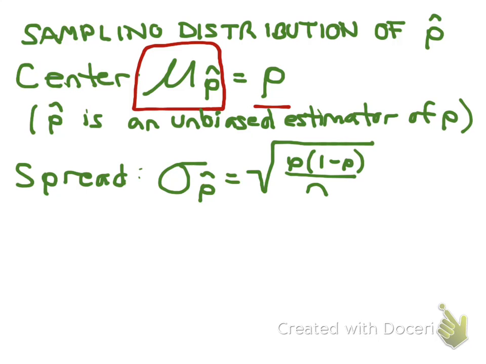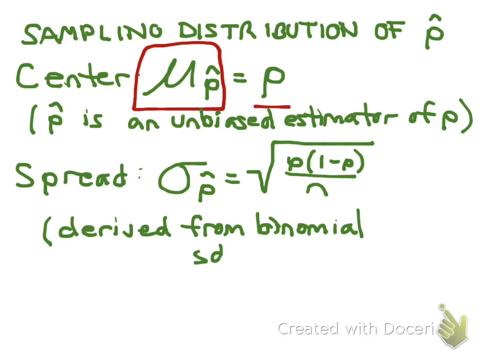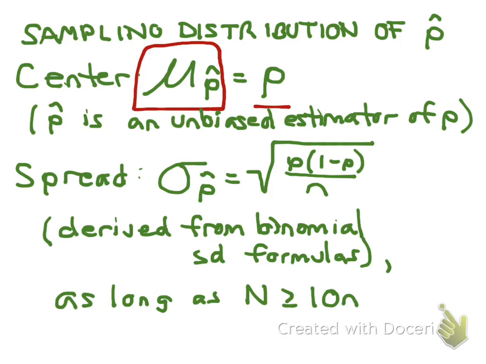It's the square root of p times 1 minus p over n. Now, we'll develop this formula in class, but it really does come from the binomial formulas that we learned in the last chapter. Now, it's important to note here, for the spread, we are able to safely use this formula when we have a large population, as long as the population is at least 10 times as large as a